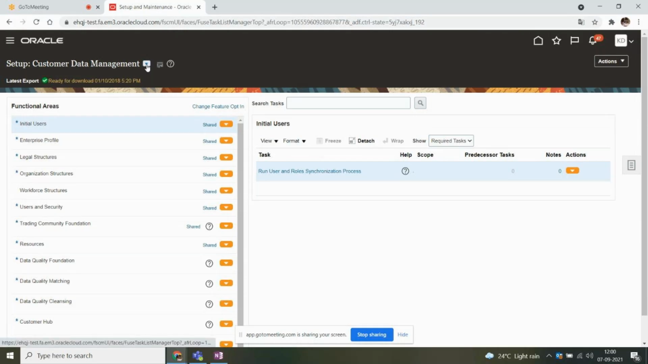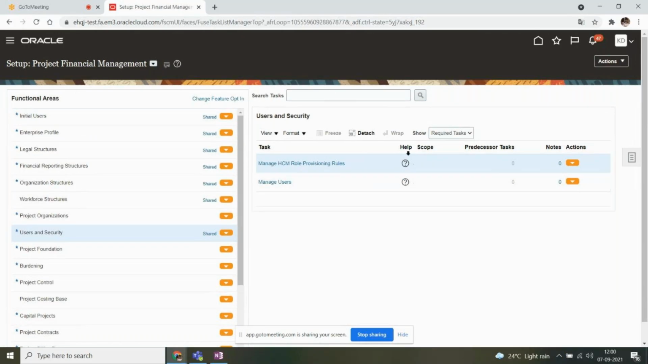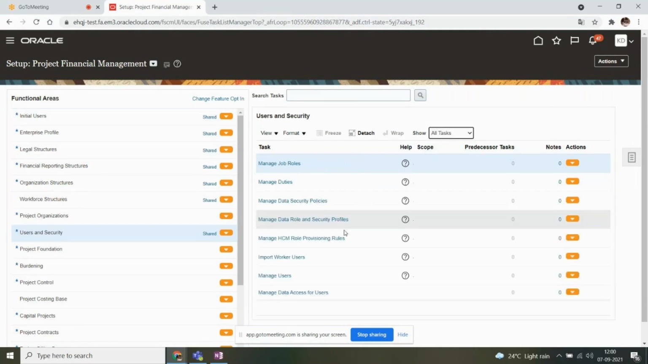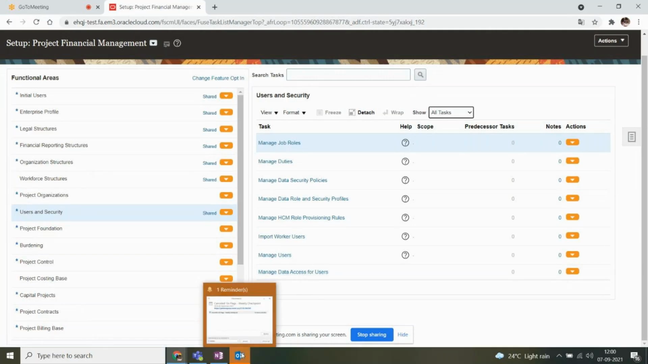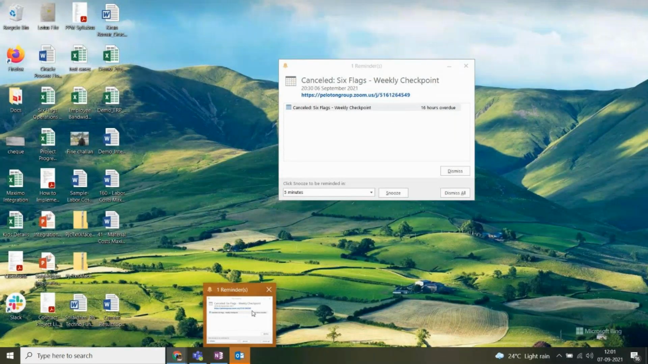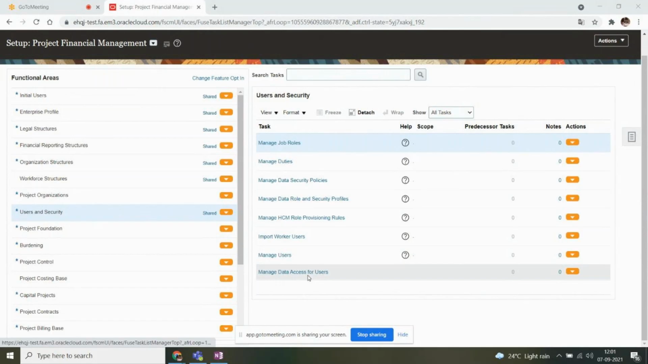Once you are in Setup and Maintenance, you can go to Project Financial Management, and under Users and Security, you can select All Tasks. Under this, we have a task called Manage Data Access for Users. This is a very important task which you have to remember. Manage Data Access for Users, right? So click on this,